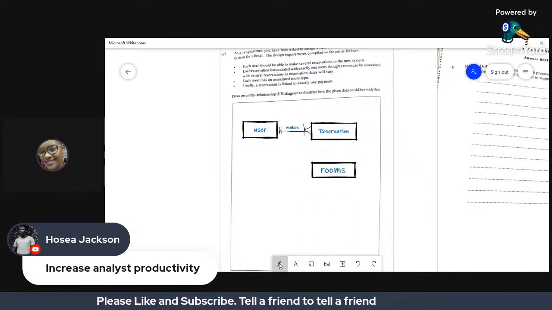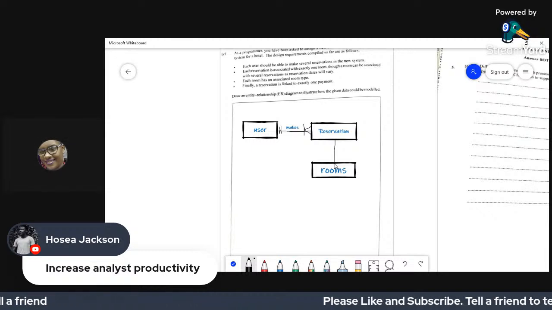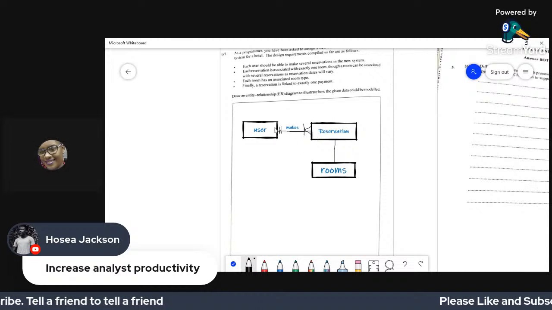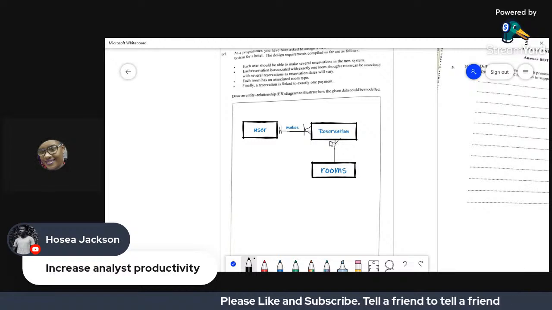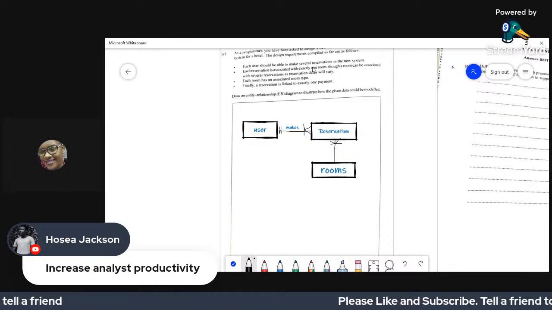Let us connect our two entities, reservation and room. We know that a user can make many reservations, so at reservations we're going to put many, because we're talking about different reservations. So each reservation is with exactly one room.